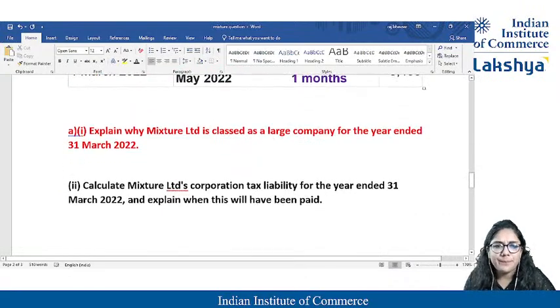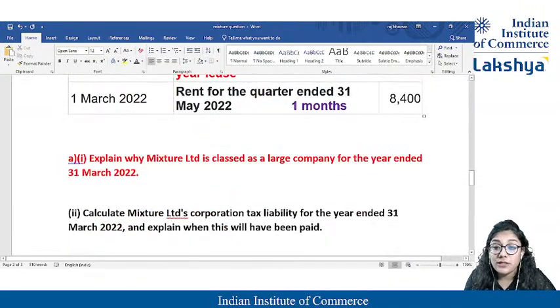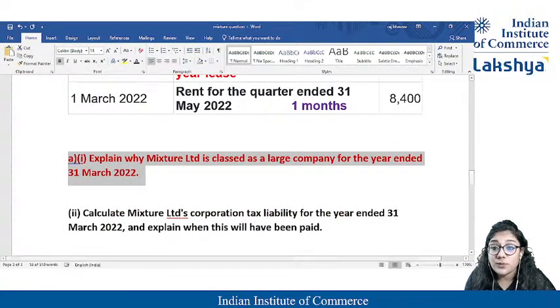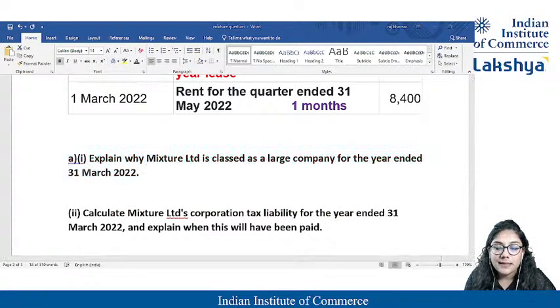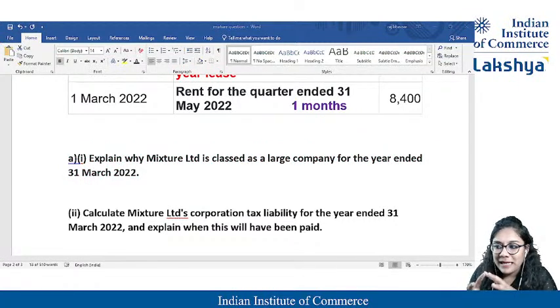So we ended up reading all the questions. Students, the most important thing you need to read is the question. Why? Only then will you understand what they are asking. If they're asking something else and you are writing something else, students, it's gone. You will not fetch marks.